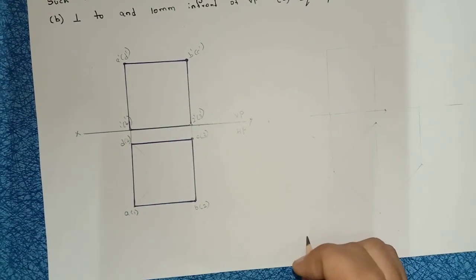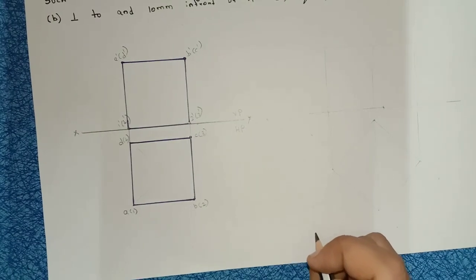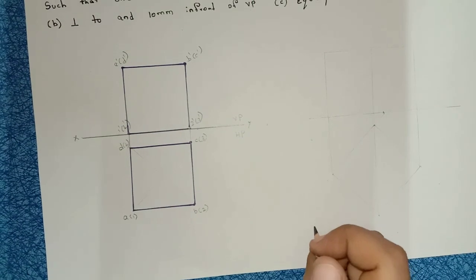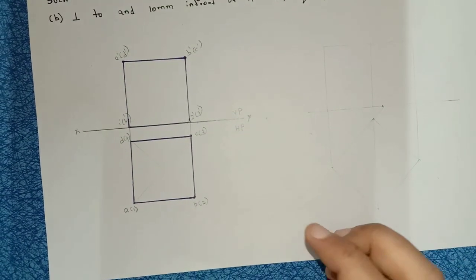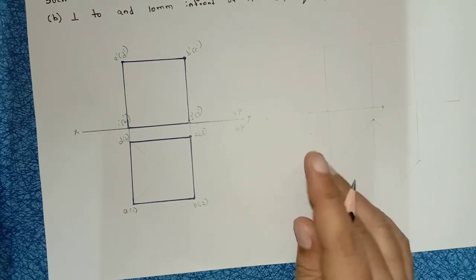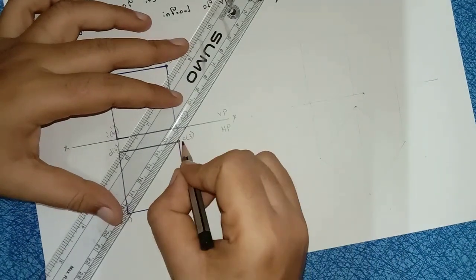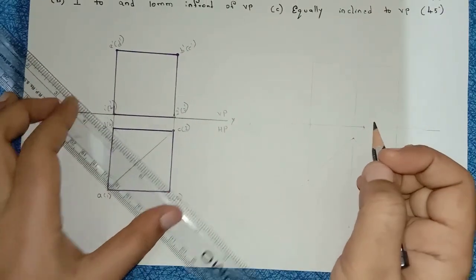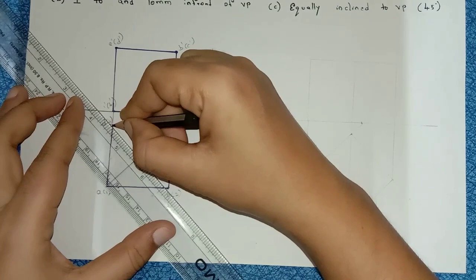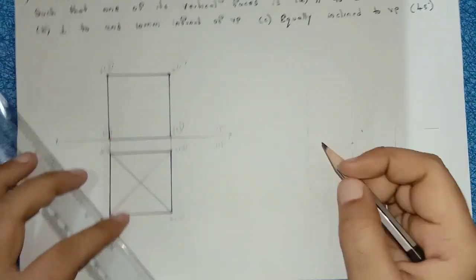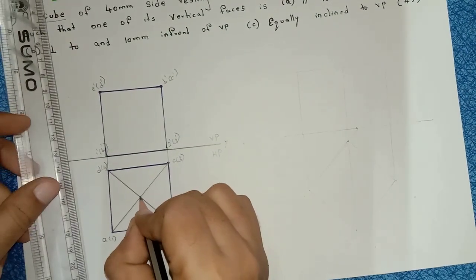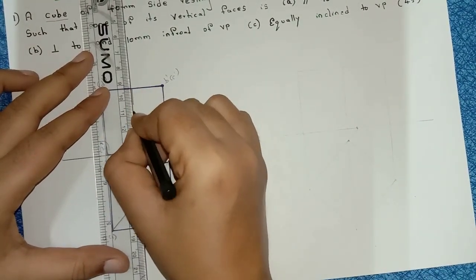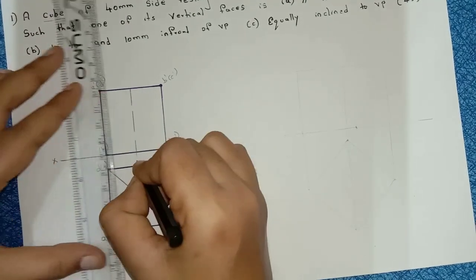After completing your problem, definitely you have to mark the midpoint of the cube in order to mark the axis line. For prisms and pyramids, definitely you have to mark the axis line. How to mark the axis line? Mark the midpoint of the cube. Draw the corners, you will get the midpoint of the cube. From here, draw the axis line. The axis line will be dash dot dash dot, right?